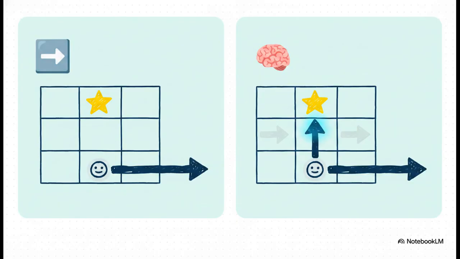And look at the result. It's fantastic. The old policy was a one-trick pony, but the new one is smarter. When it's below the star, it now knows the Q value for moving up is higher, so it moves up. Now, it's not perfect yet. It still has more to learn. But just by calculating values and picking the best one, we've improved our strategy without any complicated math. And you can probably guess, to get even better, we just repeat the process.